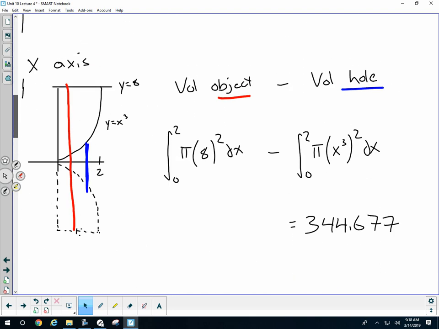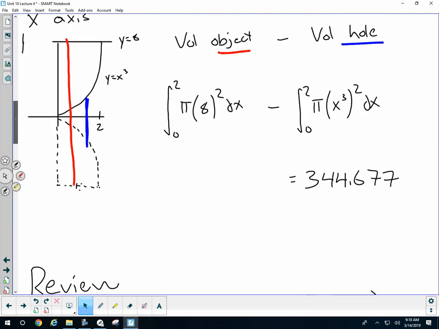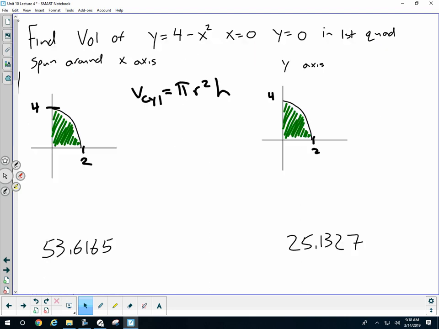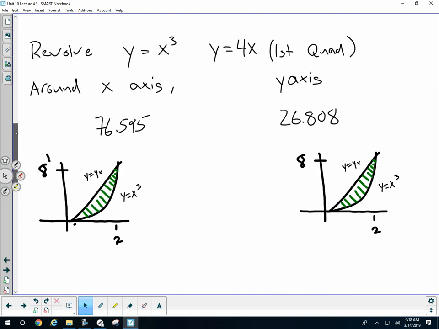understand that the radius of the red cylinder is just 8 minus 0, or 8. The radius of my blue cylinder is based off of the curve. It's changing. It's the x cubed minus 0. Pi r squared h, 344.677. Okay? If we didn't get that, you'll do it better on the next one, because we are taking this